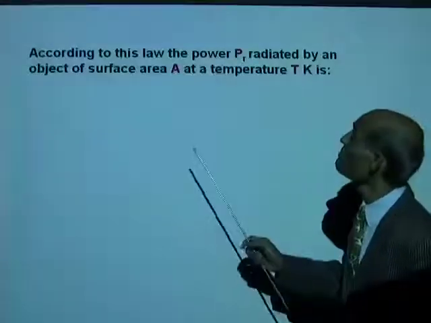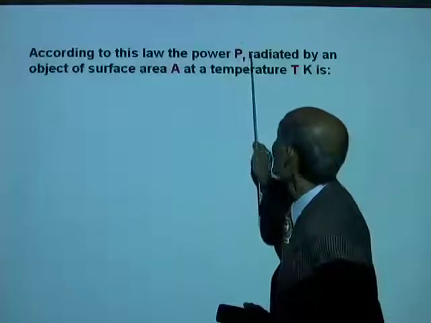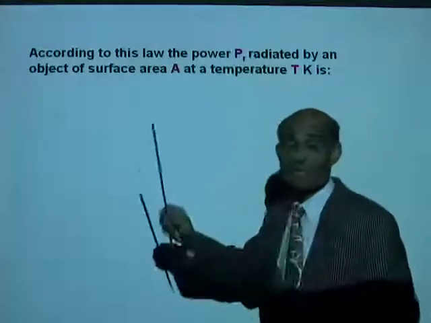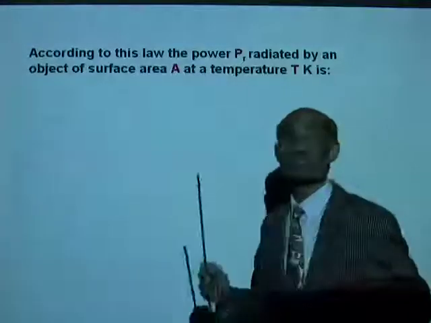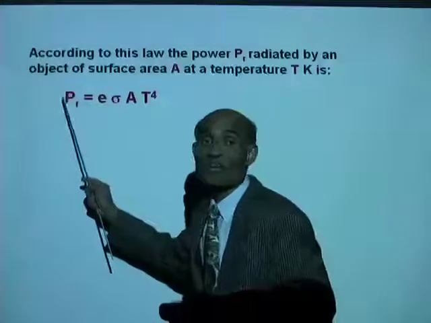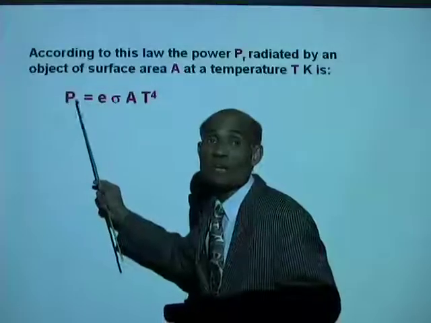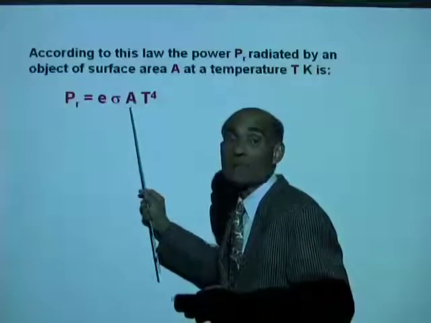And the Stefan-Boltzmann law is a relation between power radiated by an object, the area of the object, and the temperature of the object. Alright? The law simply says the amount of power radiated by an object of area A maintained